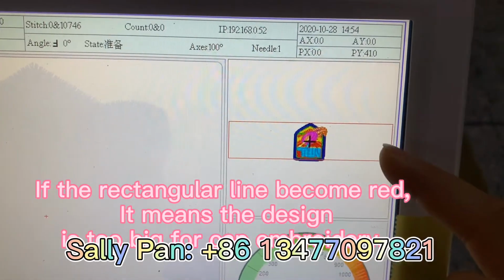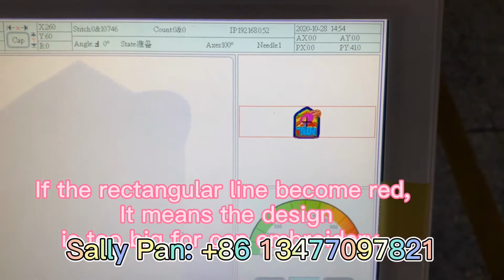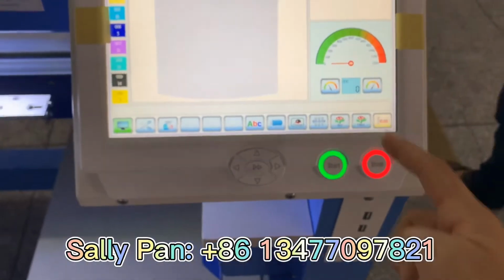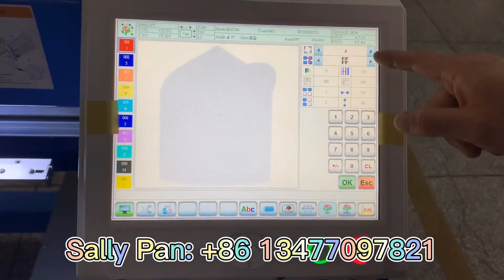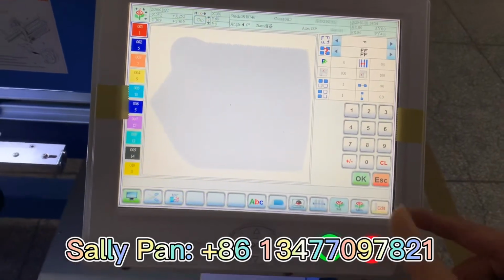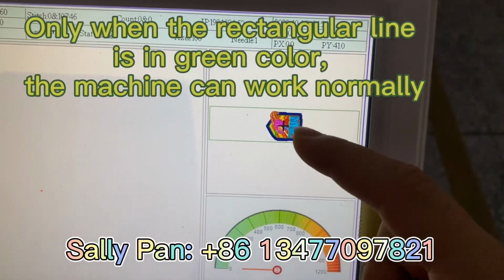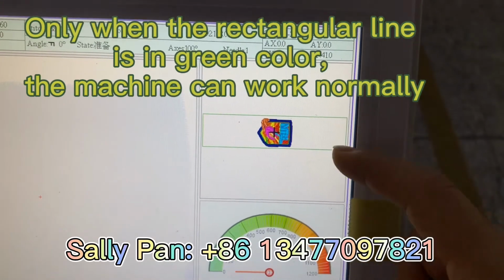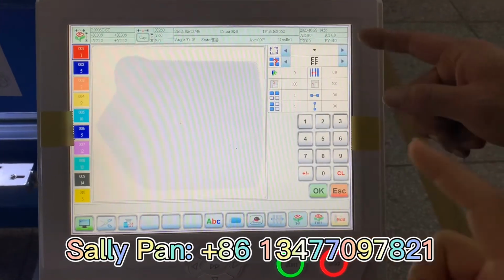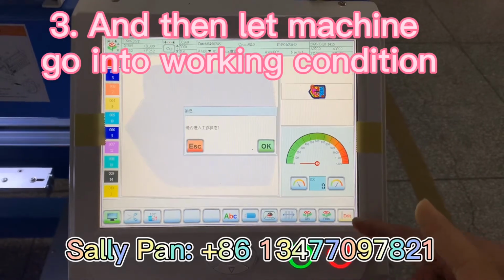this line is in red, which means that this design is too big for the cap. In this situation, you can adjust this design smaller or change the direction of it. Here, you can change the design direction according to your needs. After we change it, you can see the design now is within the area, so the lines become green. Okay, after we select the design, then let the machine go into working